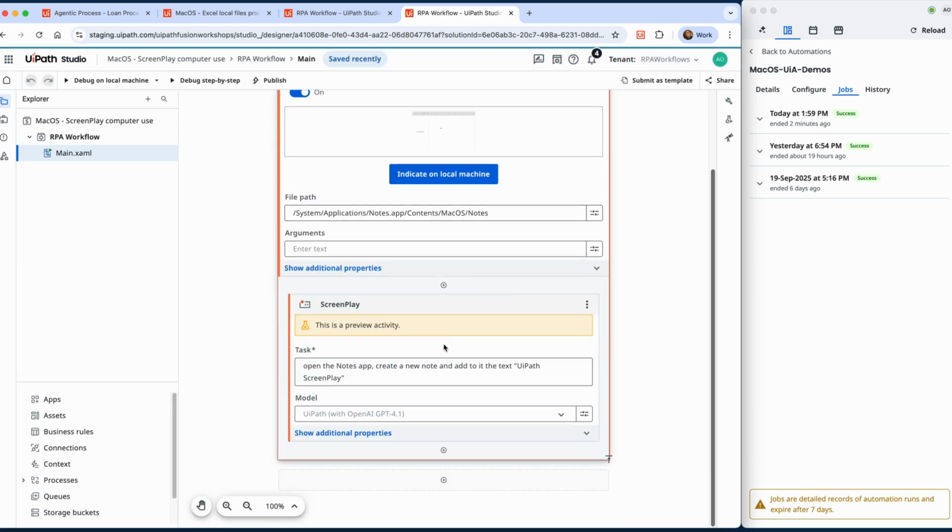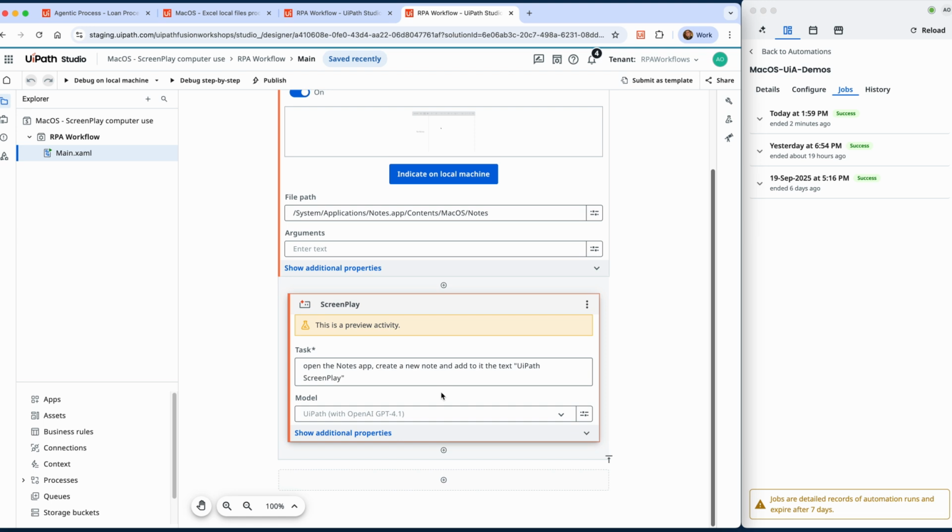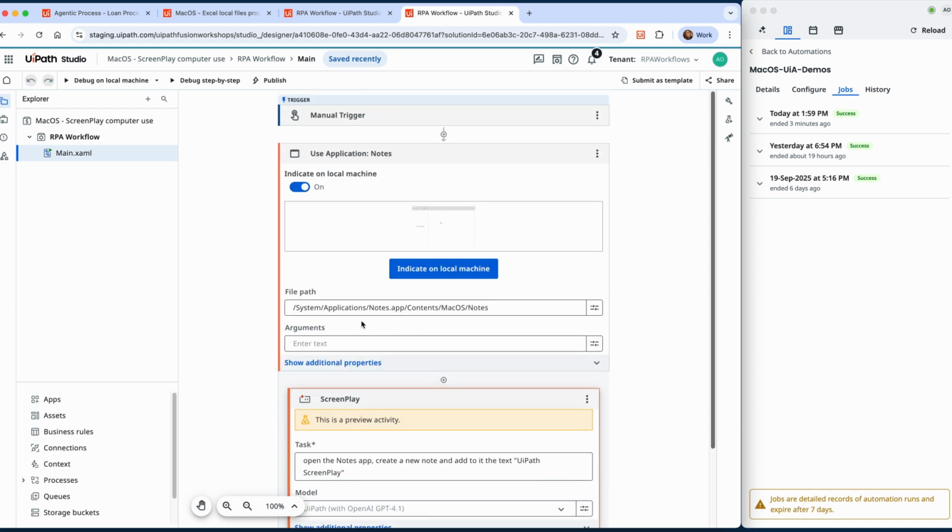My automation is ready. This is especially useful for complex or highly dynamic UIs where traditional rule-based automation would be hard to maintain. Instead of building long workflows filled with conditions and branches, I can rely on Screenplay to handle it intelligently. It combines AI reasoning with proven UI automation framework from UiPath, delivering reliability and flexibility. In short, Screenplay gives me the best of both worlds, computer use and UI automation, resulting in higher accuracy and success rates. Let's see it in action.